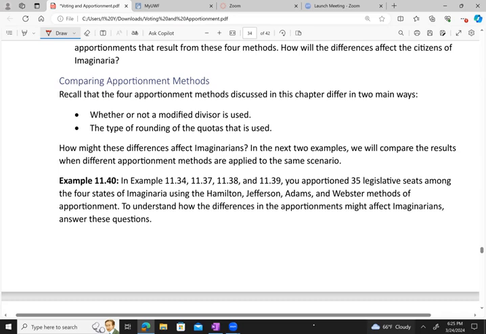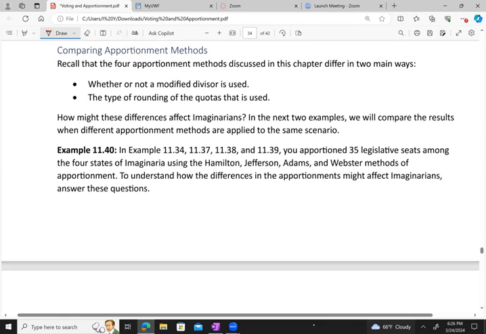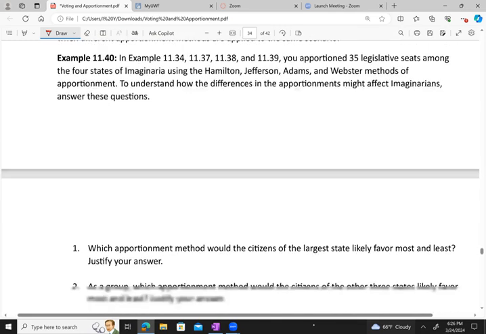So, comparing apportionment methods. Recall that the 4 apportionment methods discussed in this chapter differ in 2 ways: whether or not a modified divisor is used and the type of rounding of the quotas that is used. How might these differences affect Imaginarians? In the next 2 examples, we compare the results when different apportionment methods are applied to the same scenario. So, again, looking at the 4 different uses of our work in Imaginaria,